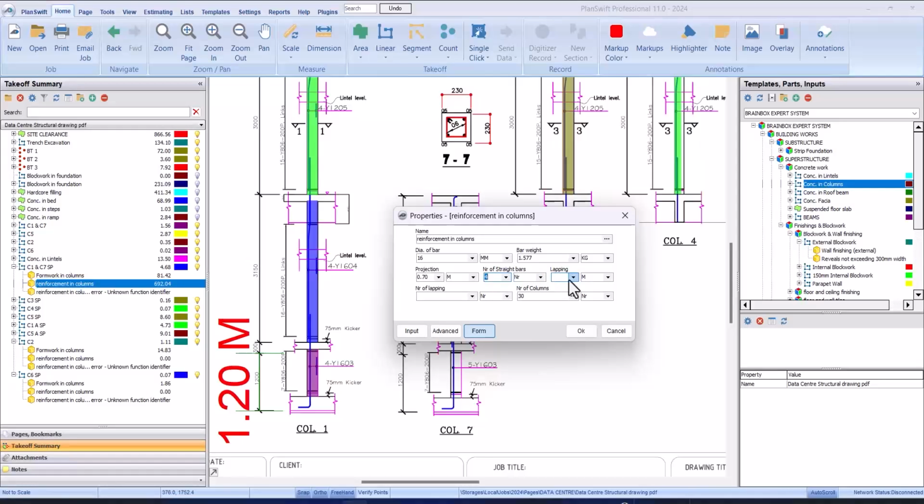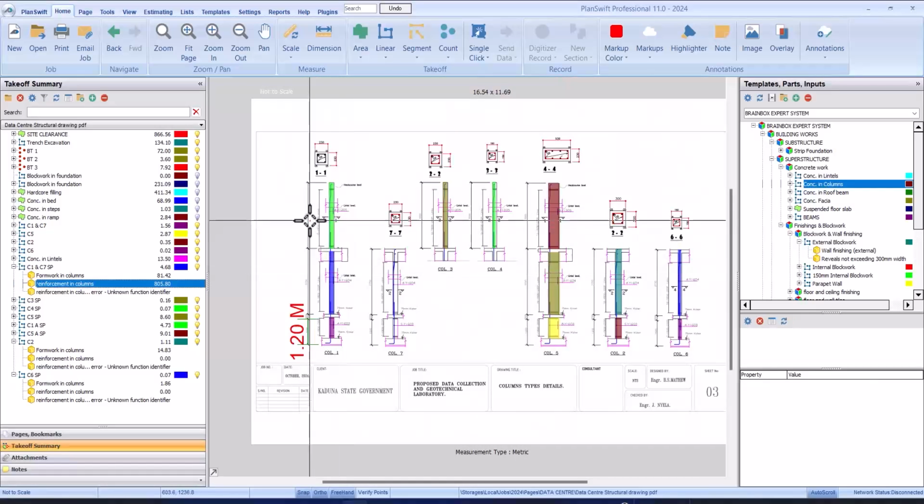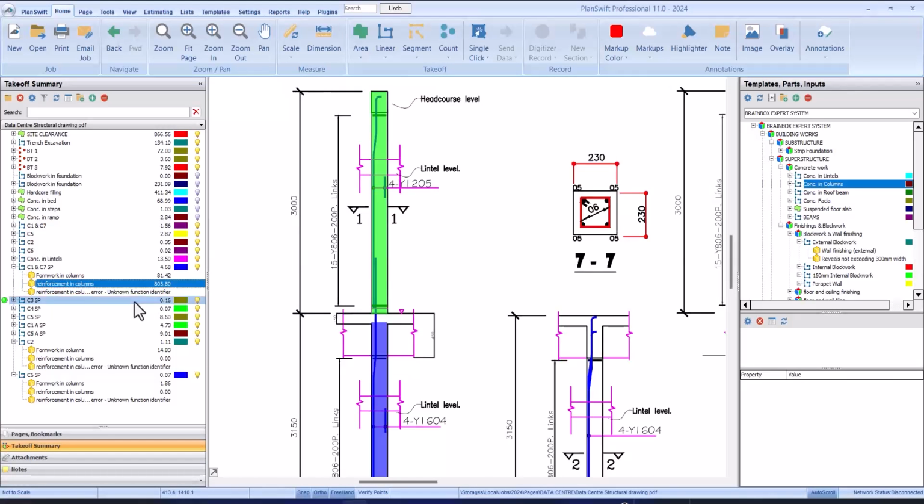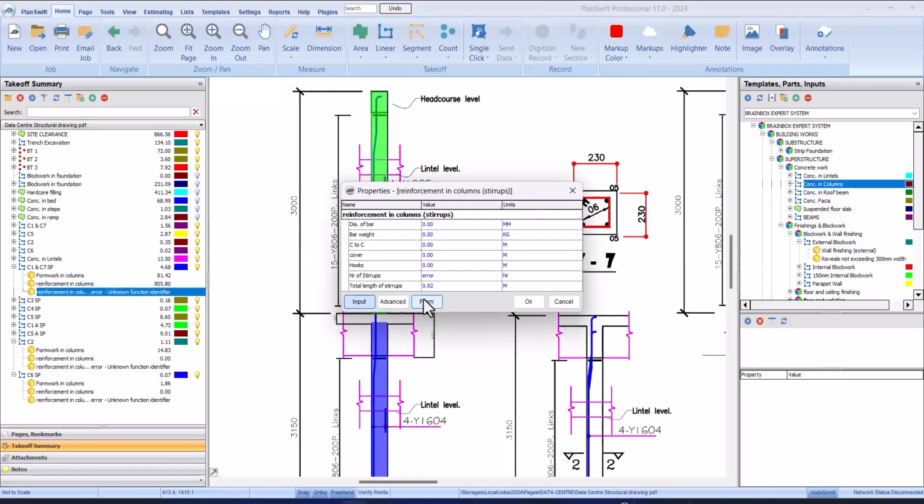The lapping 0.6, number of lapping, we have only one lapping. Right? Click OK. So for the links, Y8,